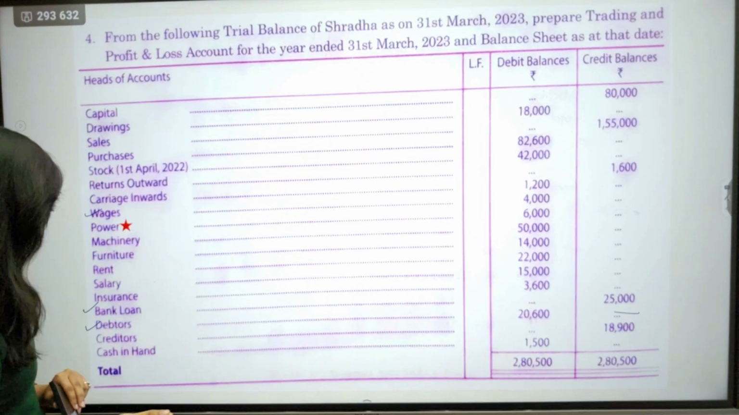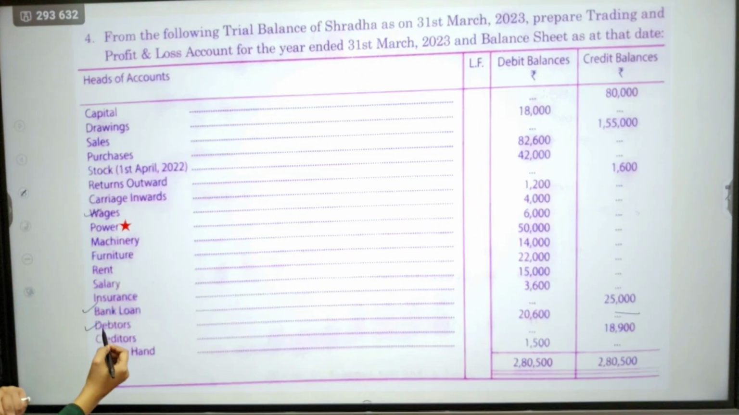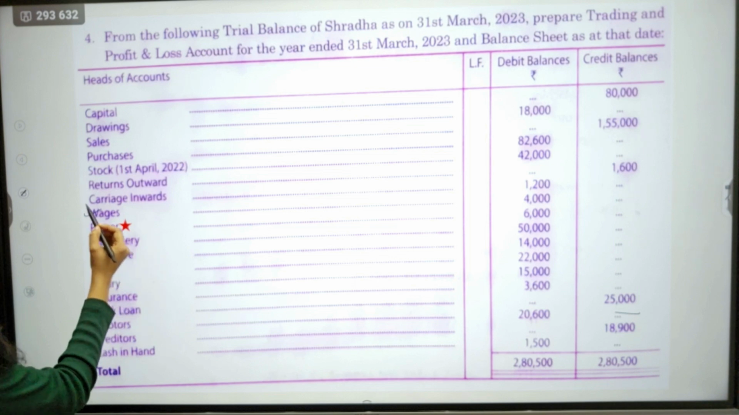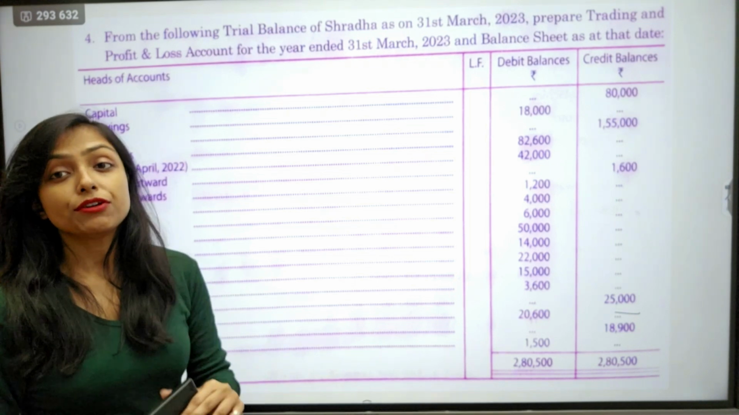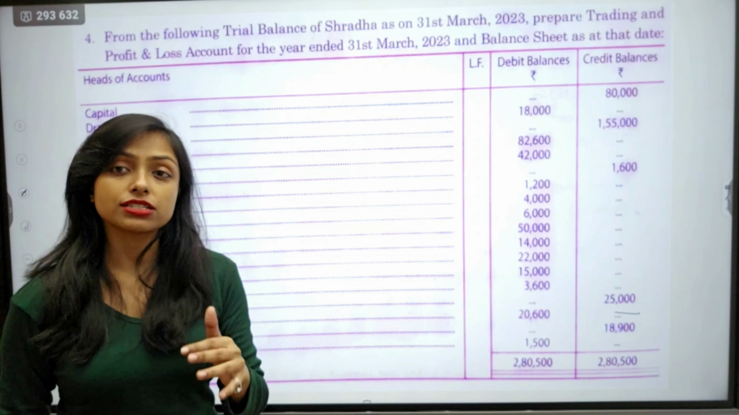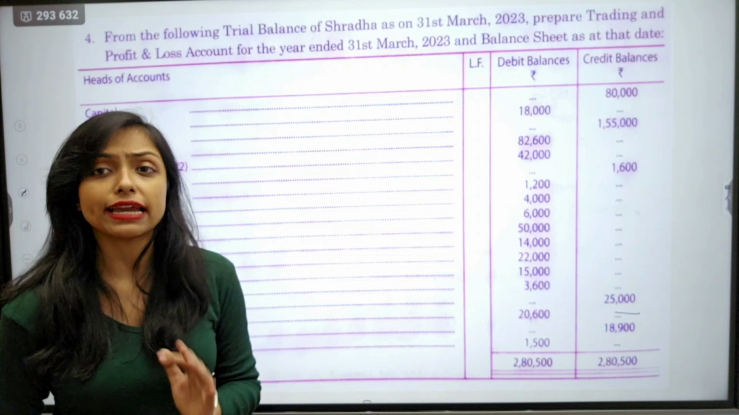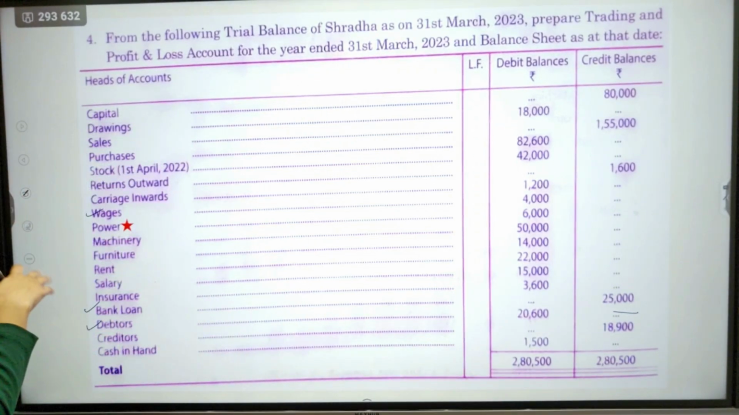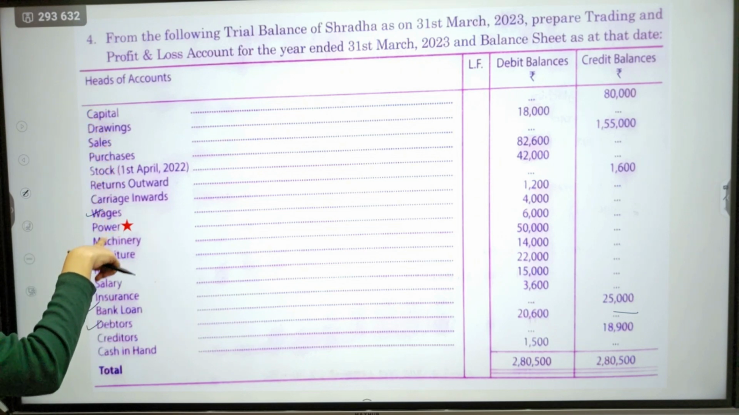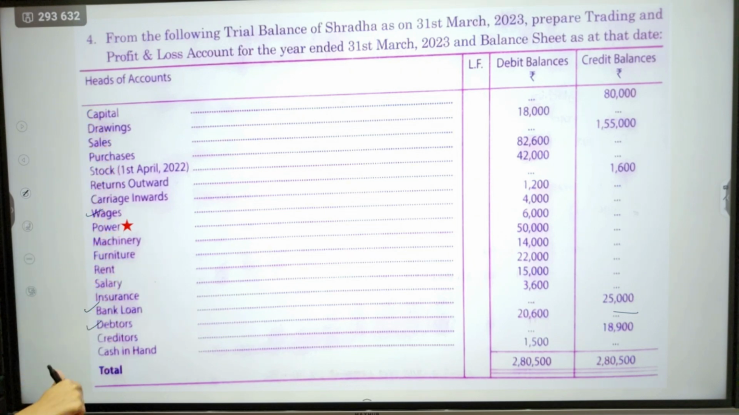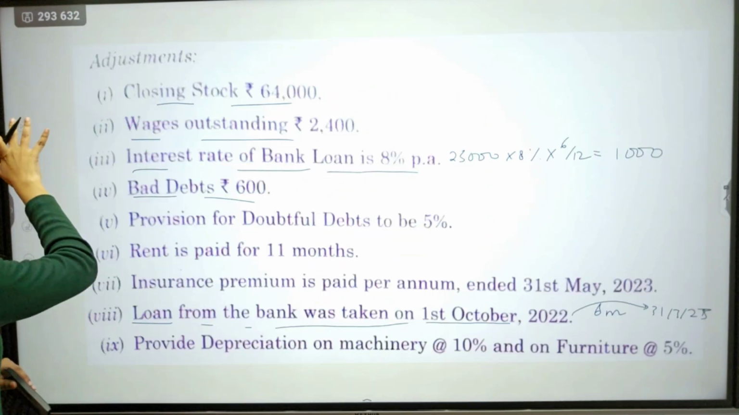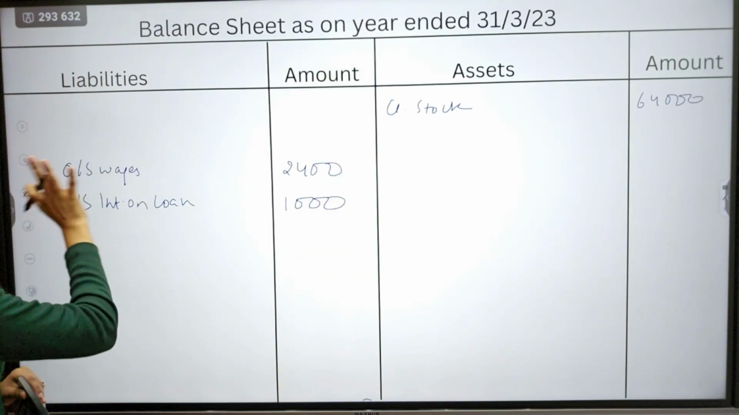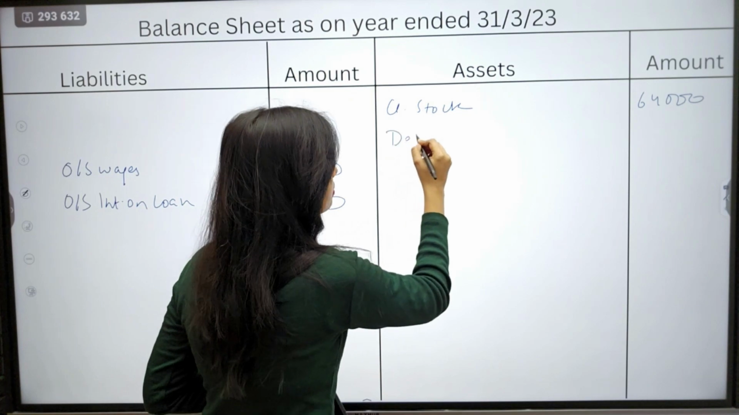20,600 rupees is my sundry debtors. Do we have any other bad debts that happened during the year? We don't. That means before 31st March 2023, we did not know about any bad debts as such. Because if we would have known, it would come here somewhere. But there is nothing like that. So this 20,600, we are going to write once in the balance sheet, debtors